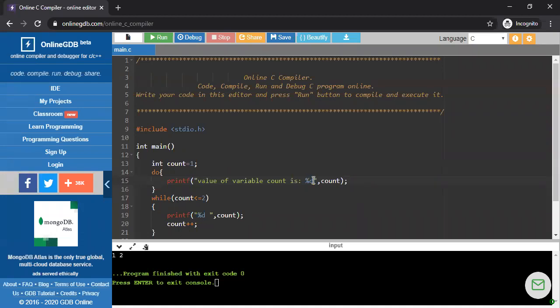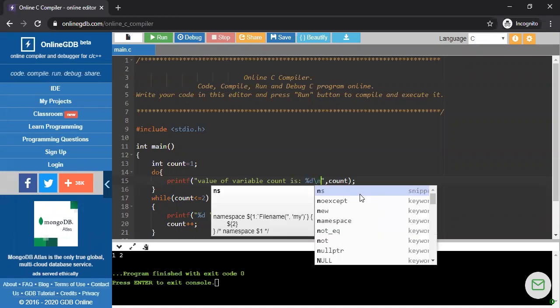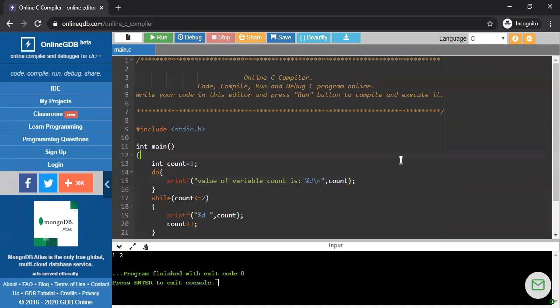Now I am using here a \n for new line. When we check the output, then we will understand why we are using \n. Is it okay? Now I am going to increment my count by ++.